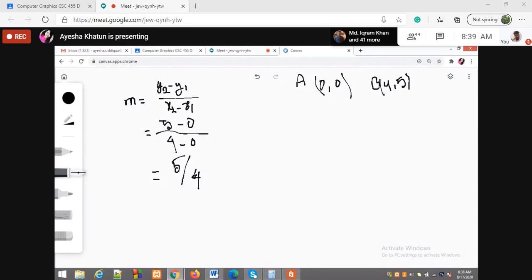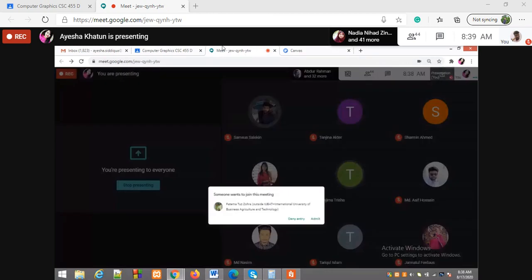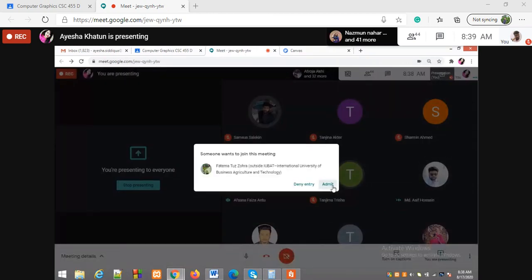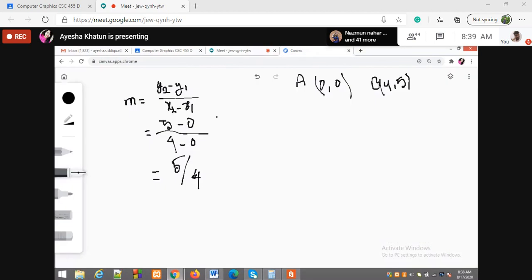5 by 4 is less than 1? Ma'am, greater than 1. So since it's greater than 1, how can you find the next point? Let's say the same thing, but this is our origin, that means this is 0, 0, and this is our initial value xk, right? Then here we have the value that is xk plus 1,